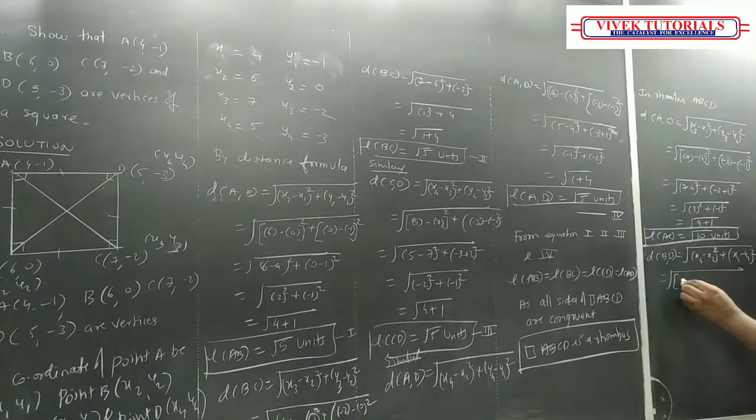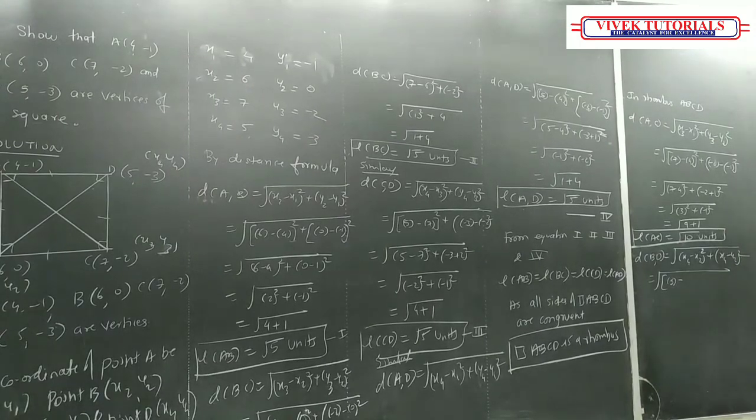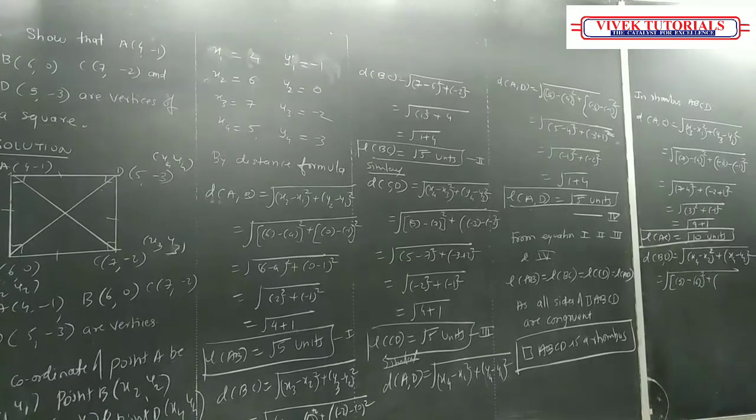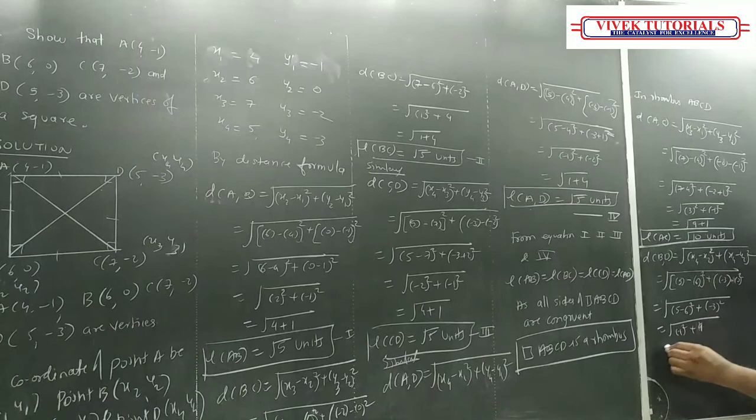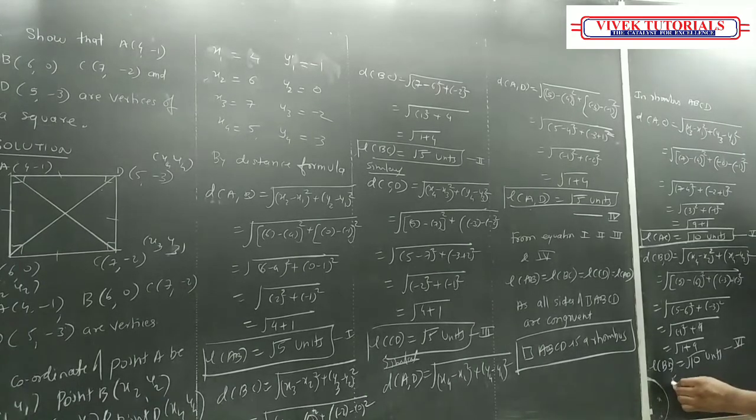The value of x4 is 5, minus x2 which is 6, the whole square, plus y4. y4 is -3, minus y2 which is 0, the whole square. So we are getting 5 minus 6 the whole square plus minus 3 the whole square, is equal to minus 1 square plus 9, which is nothing but 1 plus 9. So length BD is equal to under root 10 units. I am going to take these as equation 5 and equation 6. So from 5 and 6, length AC is equal to length BD,